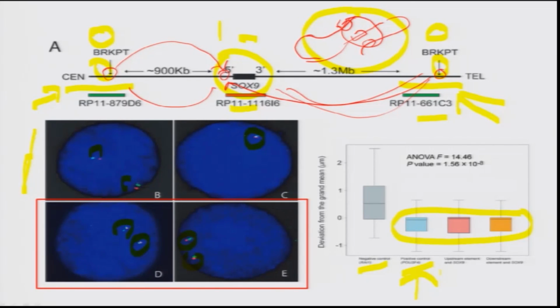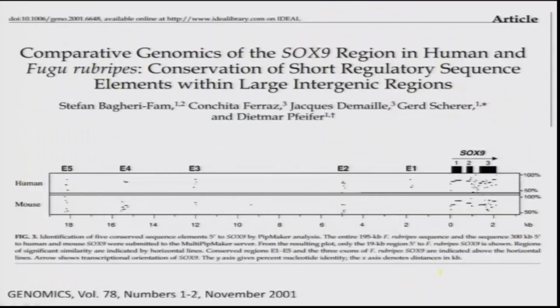So, it clearly tells that there could be certain functional elements present far away from the gene, and if that is disrupted, the gene will not function, right. This is the paper that proposes that possibility. Can you use a functional genomics approach to test this possibility? This is one of the earliest papers where they have looked at such